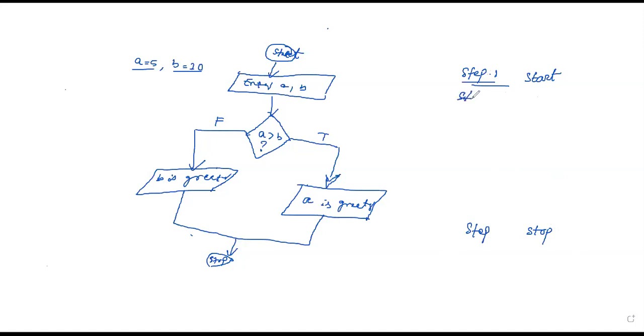So step 2 is enter the values of A, B. Then the last step is to display either this or this. How can you know which? In step 3,